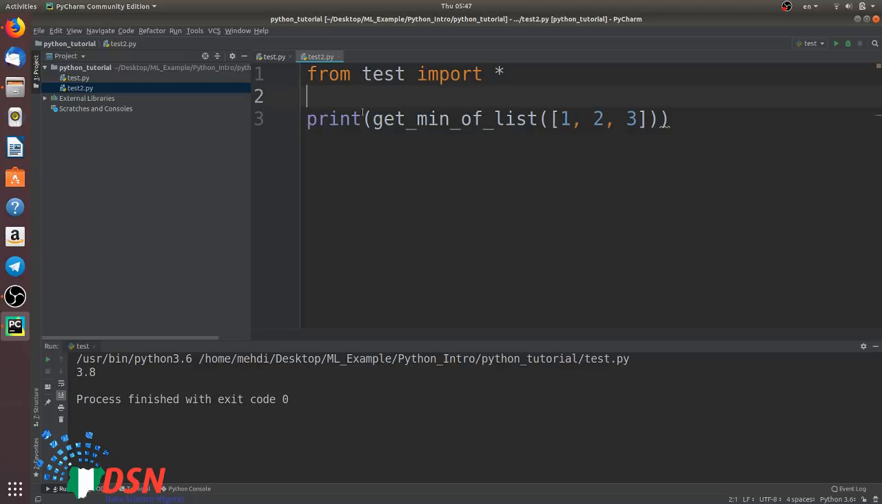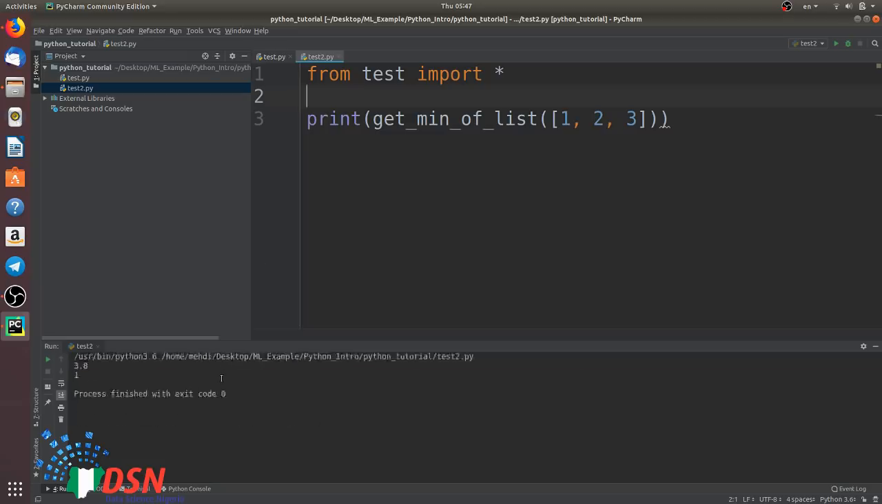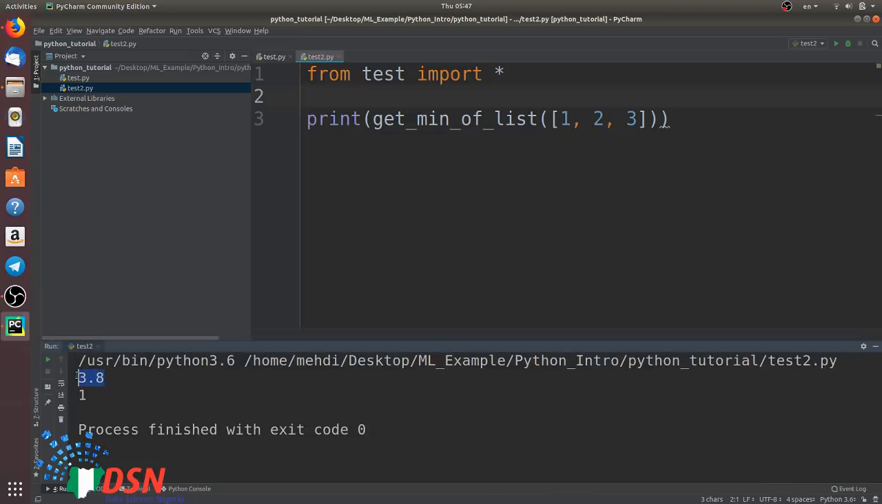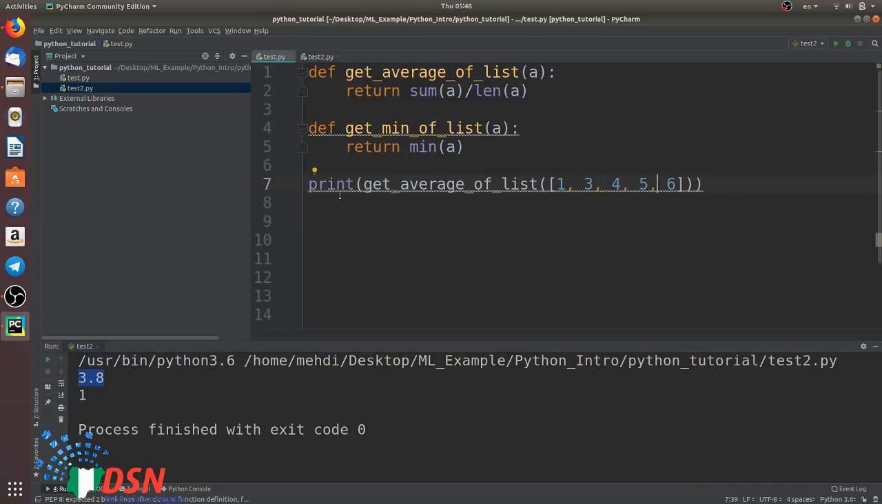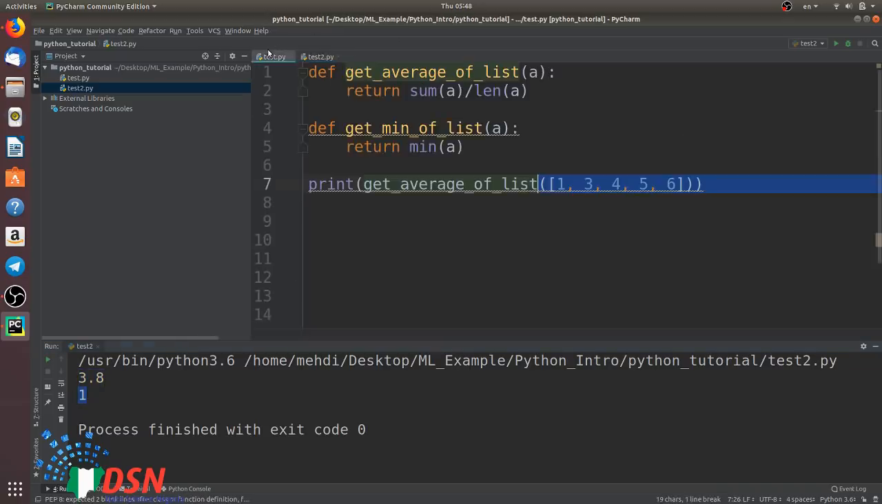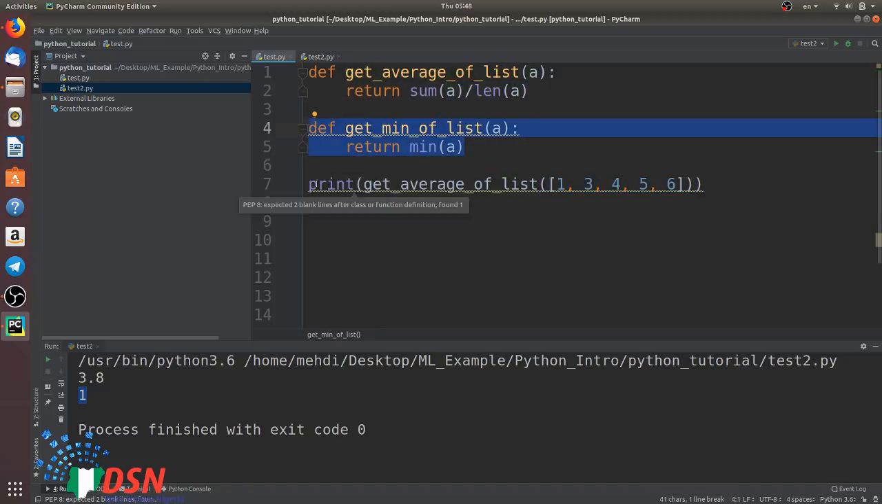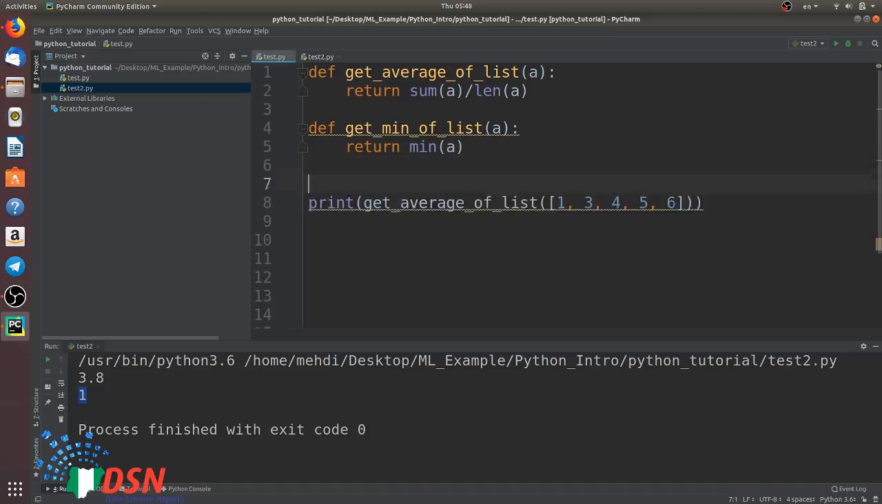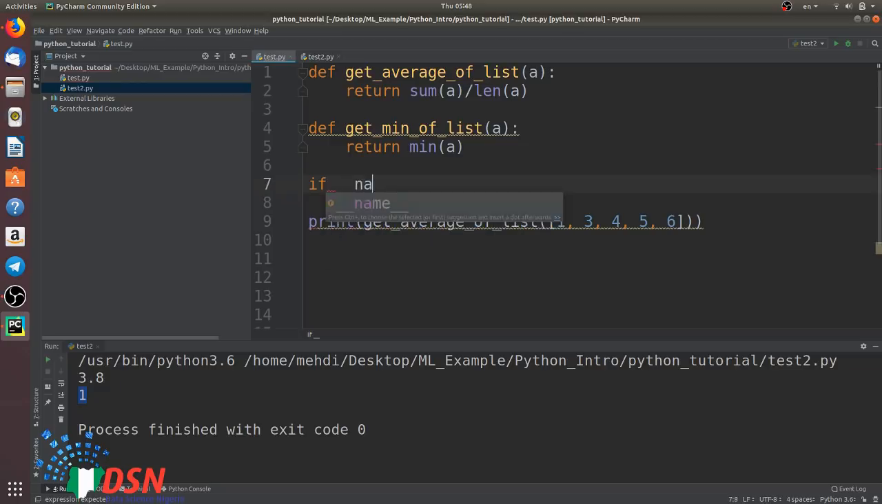I want to run this test2 file and import the function from test file. If I run this, I will see that, oops, now I will have the output of this and then the output of this. As you could see, this is not very nice because I just want to execute this. Okay, I don't want to execute this one. Okay, for preventing the execution of this, I could write if name is equal to main,